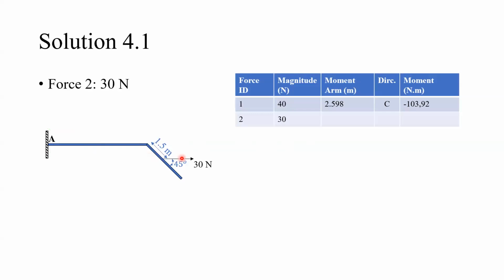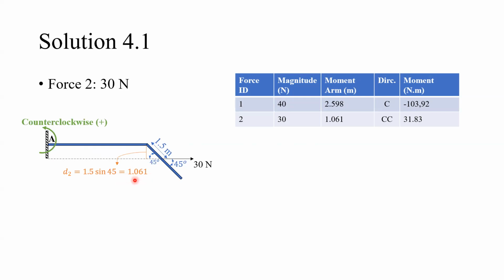For the second force, I want to extend, and also add an additional line from here, and I draw a perpendicular line from that extension of the moment direction. By using this triangle, I can compute that perpendicular distance, that is equal to 1.5 times sine 45, that is equal to